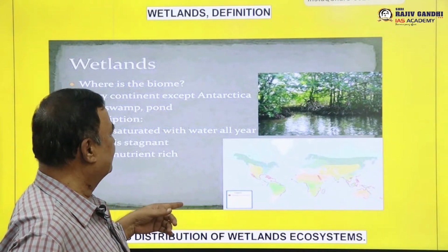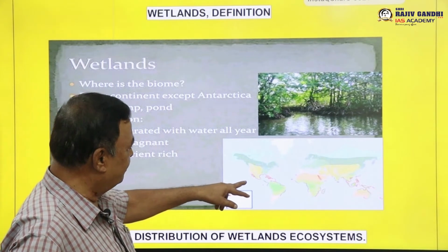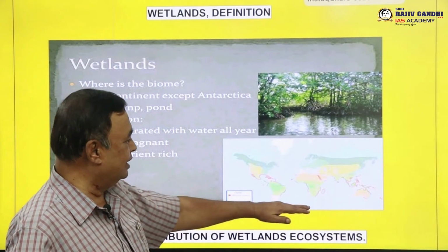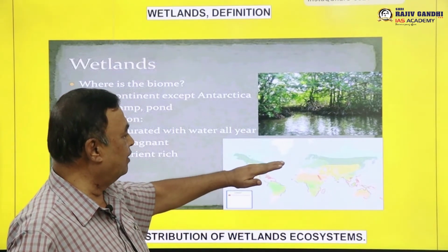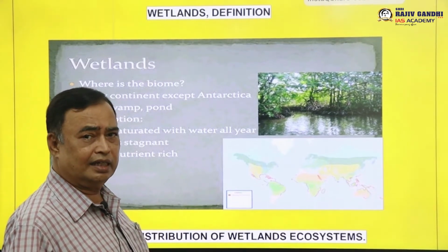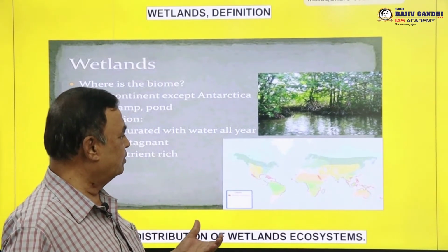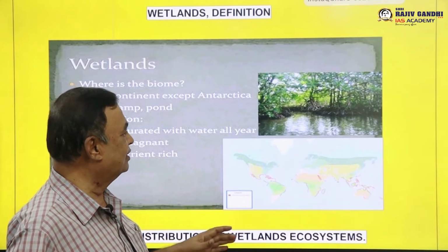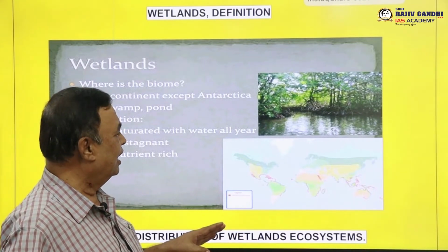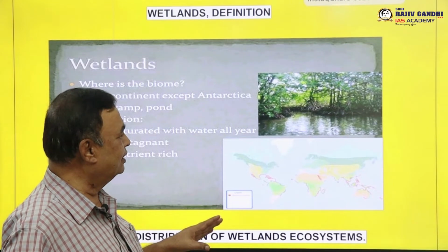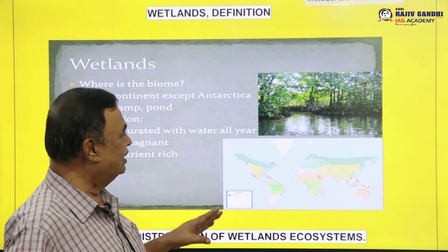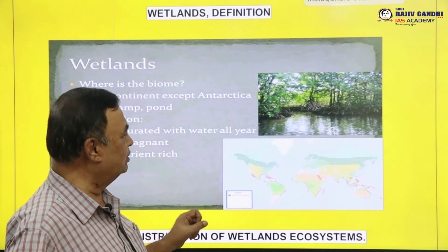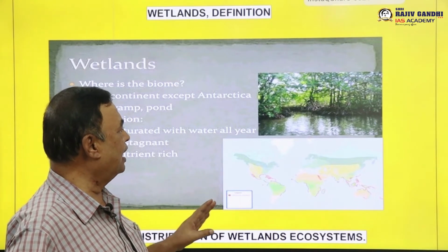So this is the extent of world wetlands, or the distribution of world wetlands. Except Antarctica, you have wetlands all over the world. Now the world is taking extreme steps to save the wetlands because about 30% of the wetlands have already gone because of human activity, and preserving the wetland is more important because the earth is facing global warming. It plays an important role in absorbing the CO2, therefore we need to take care to preserve these lands.